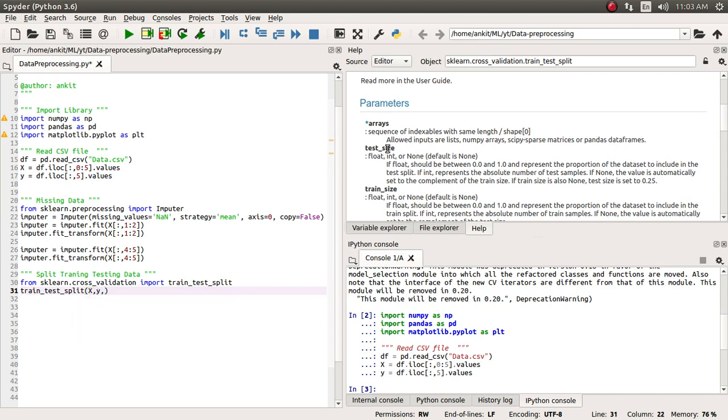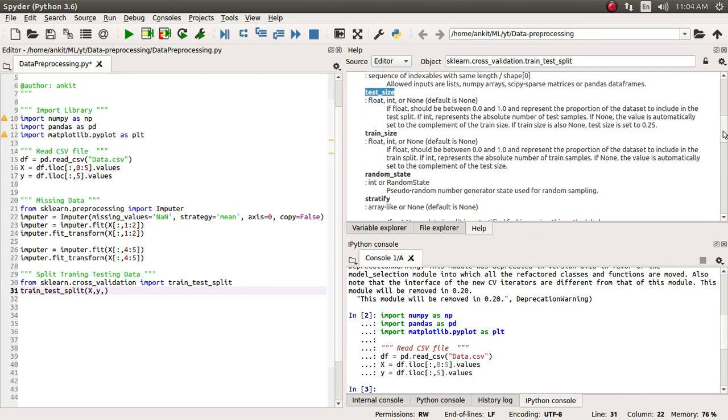After that there is a test size, that is, out of the total data how much percentage of data you want to put into the test set. Or you can give a training size also, but let's give simply a test size. They have provided that you can give this number between 0.0 and 1.0. So we'll supply a test size like 0.2.